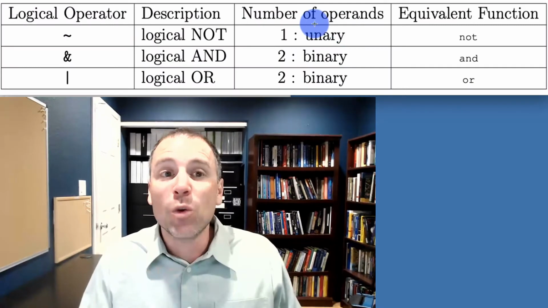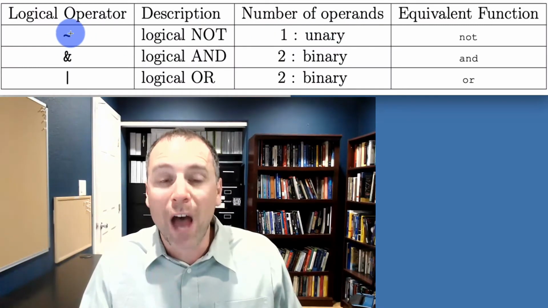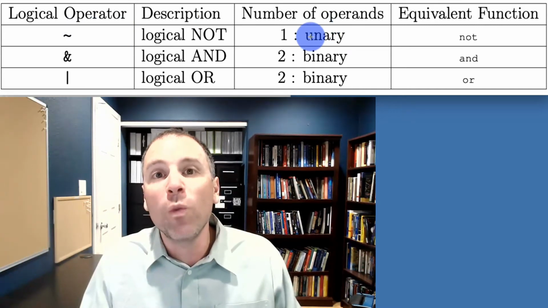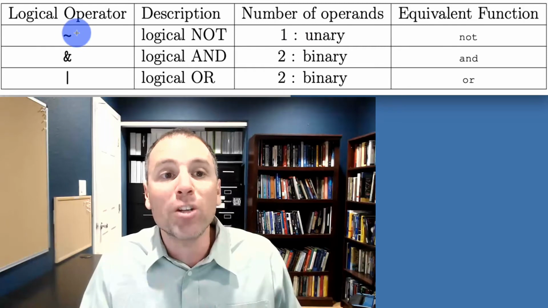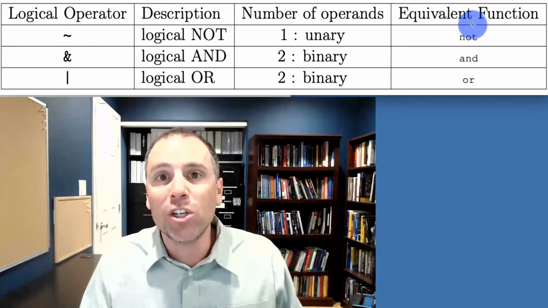Welcome back. In this video, we're going to talk about the form of a logical operator. So far in this playlist, we've seen the following logical operators. We saw the logical not operator, which was a unary operator. In other words, it accepted only one input that showed up to the right of the small tilde. The equivalent function notation for this operator was called the not function.